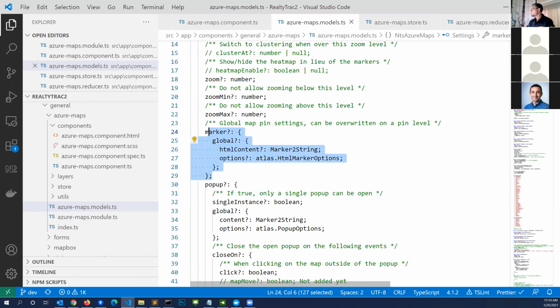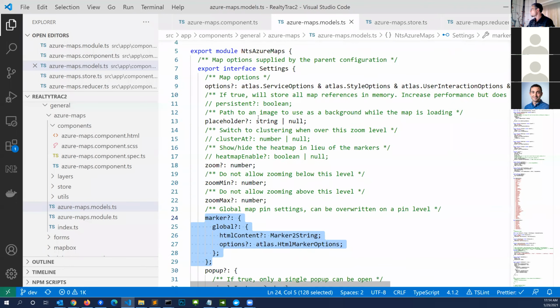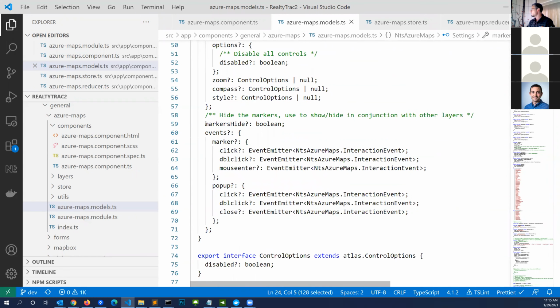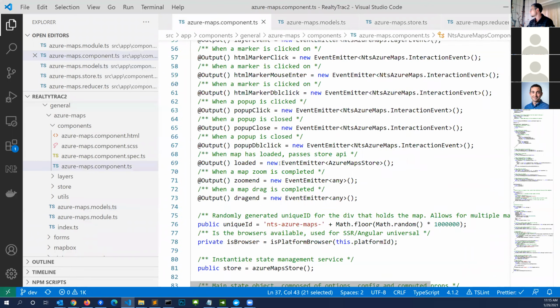And so the point is to save yourself a ton of time on a future build. So this is kind of like your settings files. We don't have to go into this in too much detail. But the other thing to keep in mind is that the settings file also corresponds one-to-one to what the Azure Maps implementation needs. So if we go ahead and look at